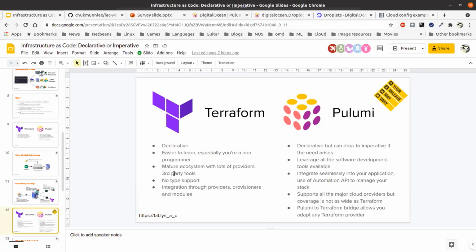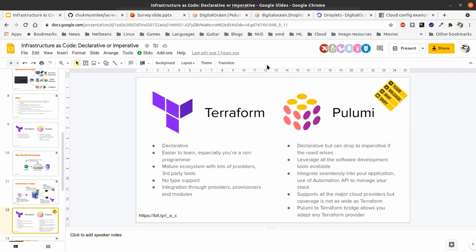And the other really great thing about Pulumi is this: you can actually build libraries on top of Pulumi. You can create further abstraction, right? Whereas in Terraform, you cannot. Your abstraction is limited by what the providers provide. Both of them support really major cloud providers, and that's really good. Having said that, Pulumi doesn't have as many providers or options as Terraform, but Pulumi does have a Terraform bridge. In other words, you can bridge from Pulumi to Terraform, although I have not used it before.